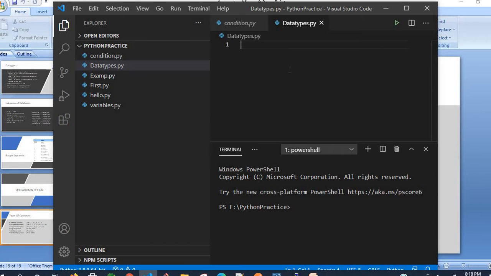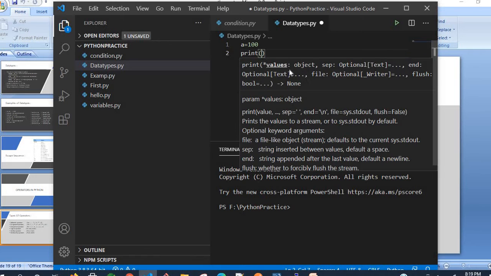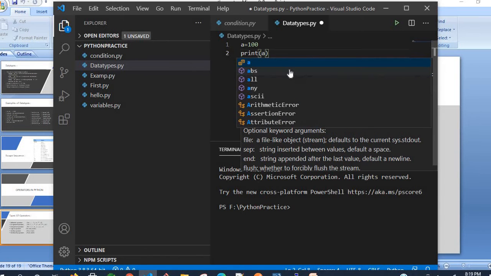Now I want to declare, without declaring variables we can use here. That is the main advantage in Python. For example, if you want to use any integer type variable in C, C++ or Java, we have to write it as int and the variable name equals to, then assign the value. Here we no need to use the declaration of the variables. Directly we have to assign the value. A is equals to some 100 I am giving here. To print the value of A, simply we write the print of A here.